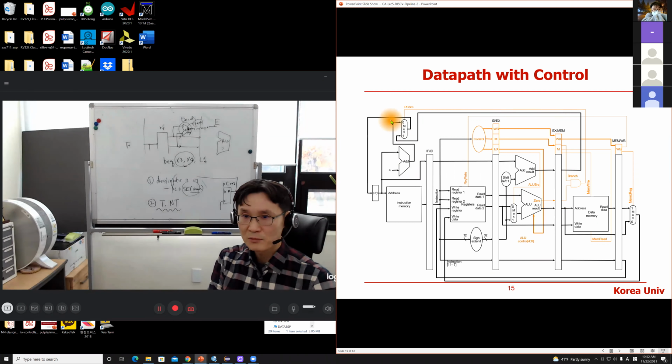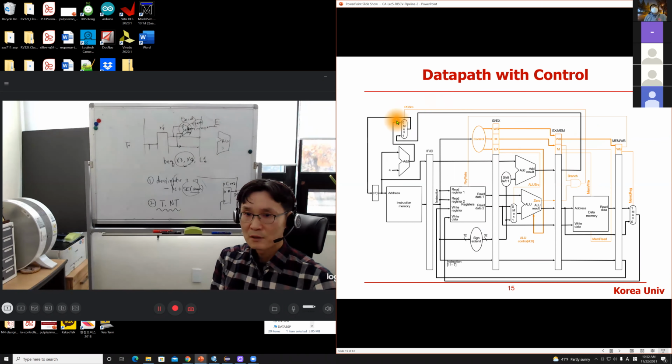The second input is PC plus the sign extended immediate, the branch destination. The branch destination is passed to the mem stage. Then based on the AND gate output, that control signal, this MUX is selecting the target: PC plus 4